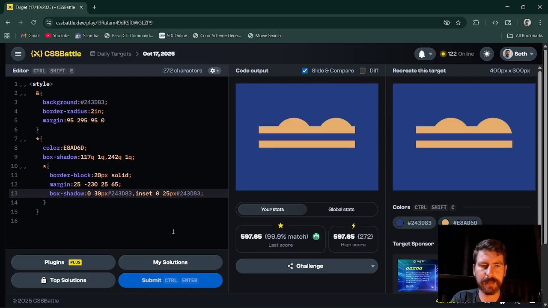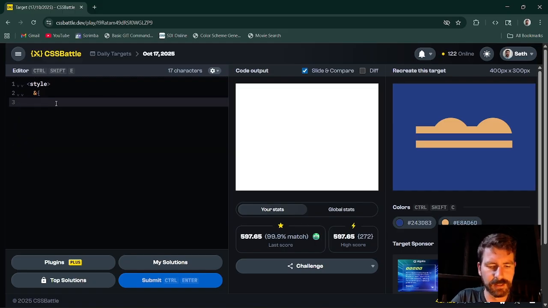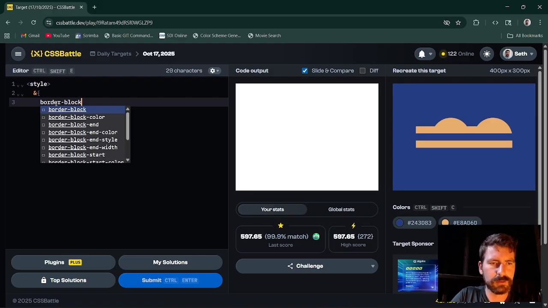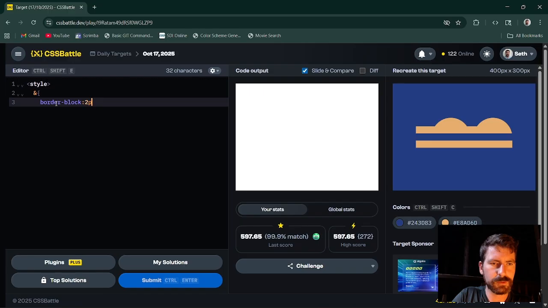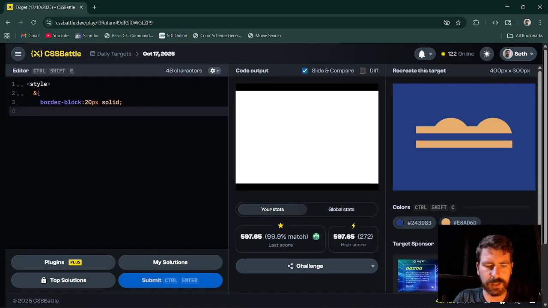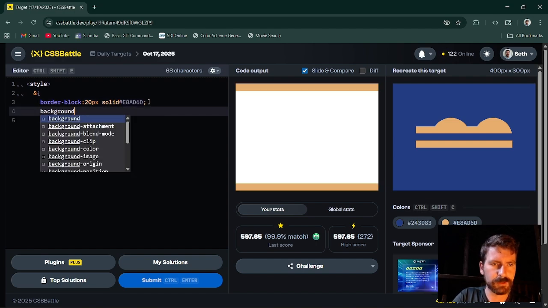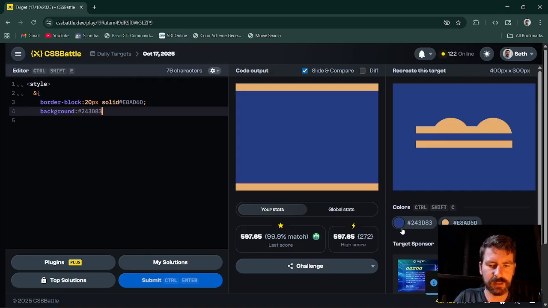all right. I might have to leave that here for now, but my plan is to, instead of doing the border block, do it on the HTML, and just do the background like I did, border block. I can do that quickly. All right, we're getting rid of this. Bad solution. Bad. Border block. What was it? 20 pixels solid. Oops. I don't need the color property, so we're actually going to go ahead and do this orange right there. Right, we're going to go background of blue. I guess I didn't have to delete everything. I'm rewriting stuff, but